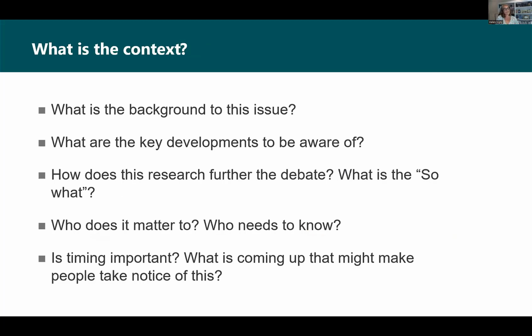Okay, so that's the audience and purpose. Then when you're thinking about conveying messages to policymakers, the key thing is to think about the context. Policymakers are really busy, as we all know. They may not care about the same things that you do as researchers. Obviously they're all involved in wanting to prevent falls, but they might have a political imperative, or they might be worried about their budget or what have you.